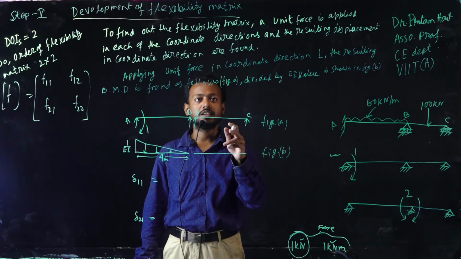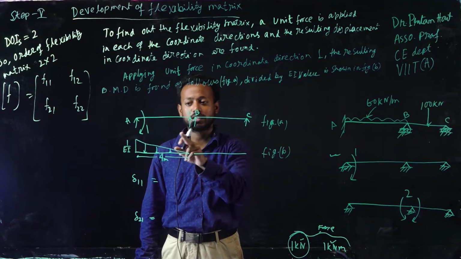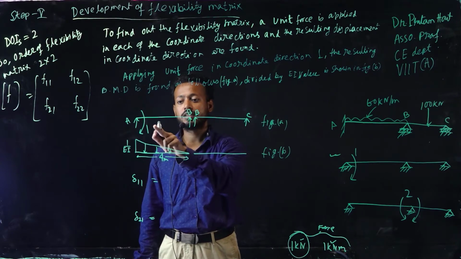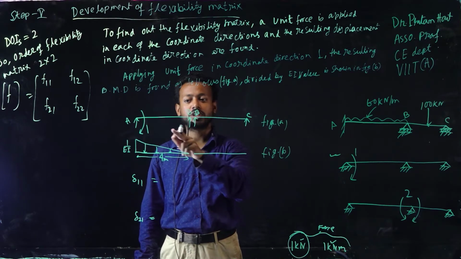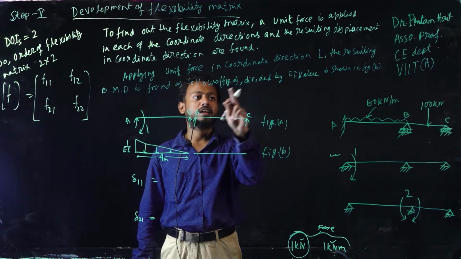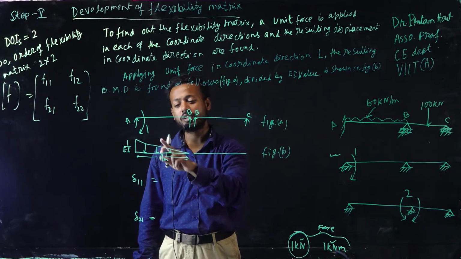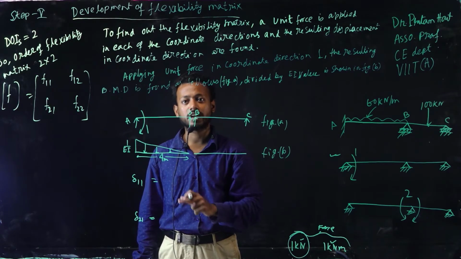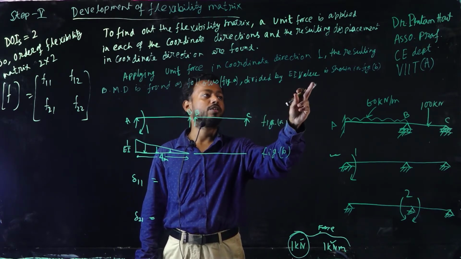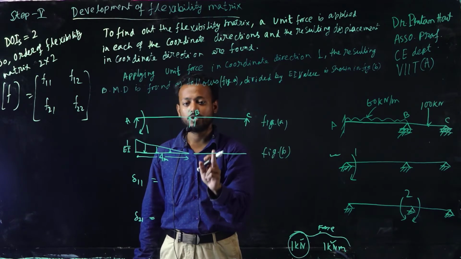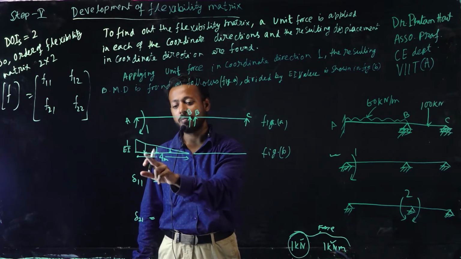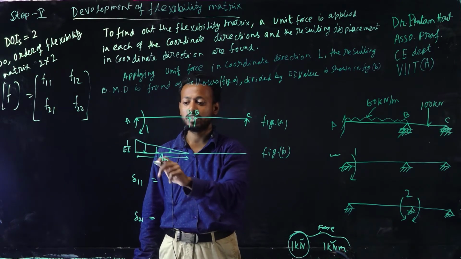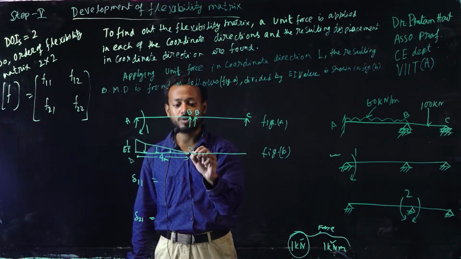Okay, figure A is showing the bending moment diagram after applying the unit force in one coordinate direction. And if you divide this bending moment by EI, you will get the M by EI diagram. Figure B is representing the M by EI diagram. So the value divided by EI is shown in figure B. In this M by EI diagram, you have to calculate the reaction at support A and support B.